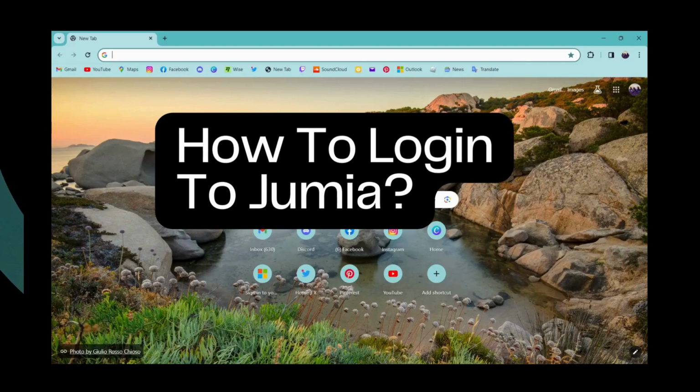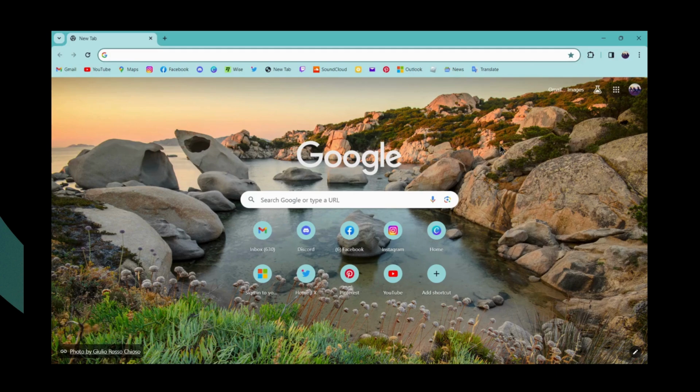How to log in to Jumia. So if you want to log into your Jumia account, then first of all you need to open up a browser, any browser that you are comfortable with, and I'm here with Chrome browser. So you can simply go for the search bar and search for Jumia